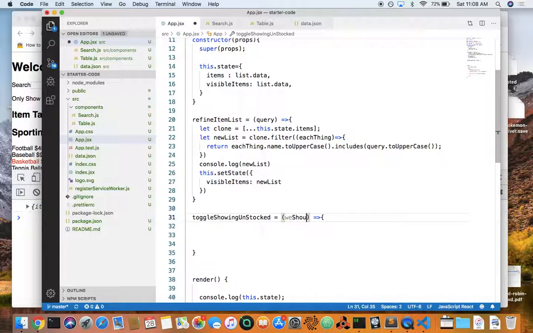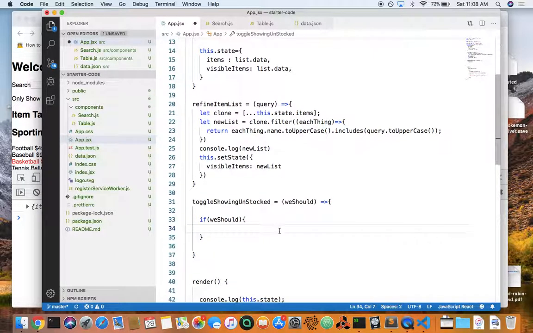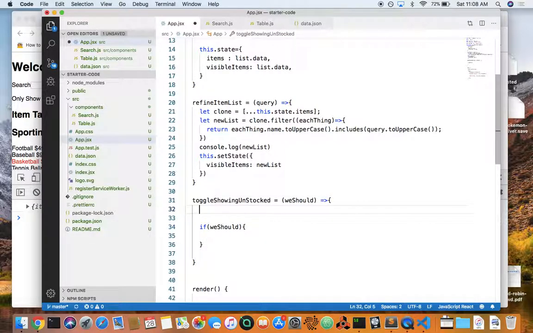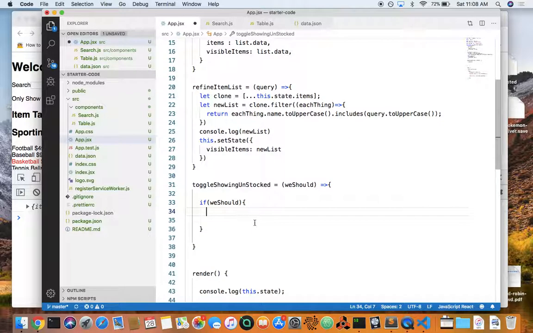If we should, then I need to do a whole clone thing and then filter my list and then return a new one. So if we should, but only if we should, because